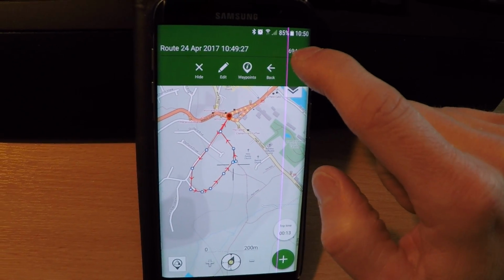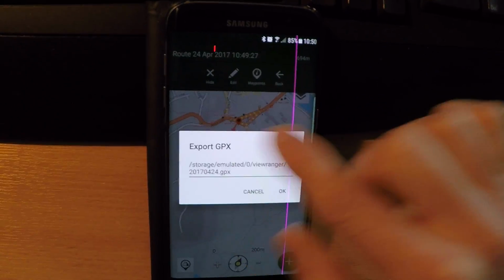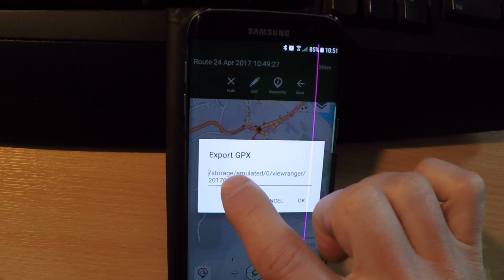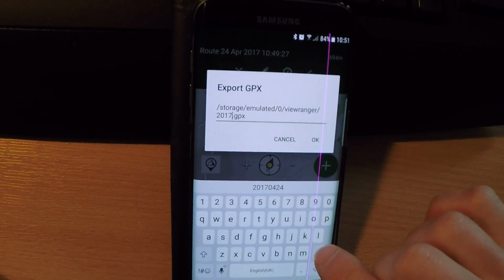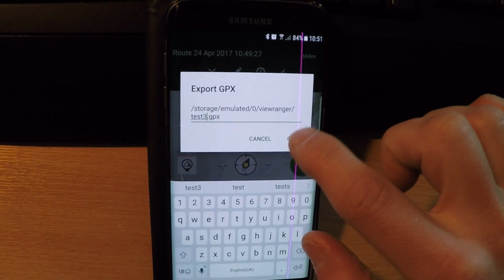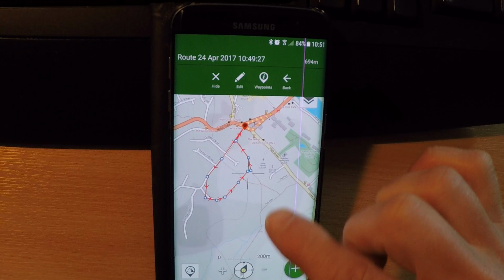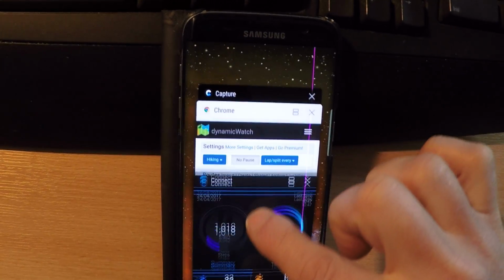Click into more, and if we hit edit again, you can export to GPX. This exports to the folder that this installs in on your Android device. I don't know if this is on iPhone as well, but I'm only using an Android. We'll give this a name that we can actually recognize rather than all these random numbers, which is probably the date or something. We'll give it test 3. We've done a couple of tests already on this. Click OK, send. Okay, so come out of that, and now if I go to